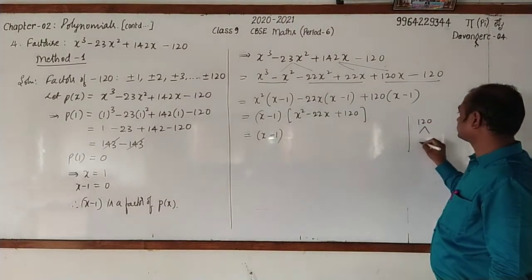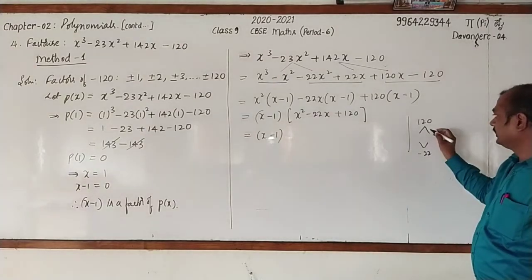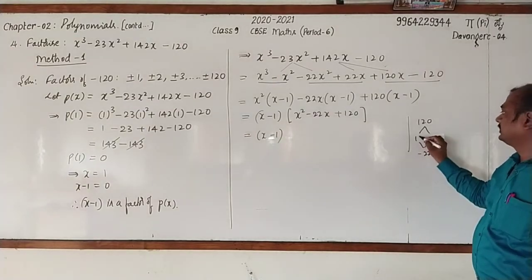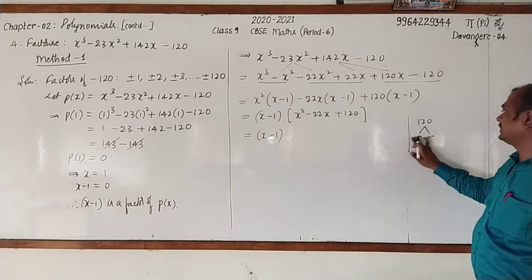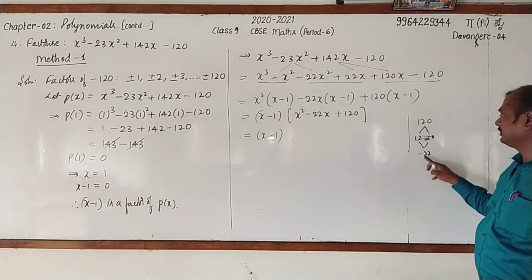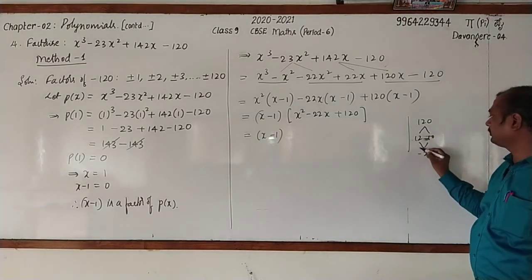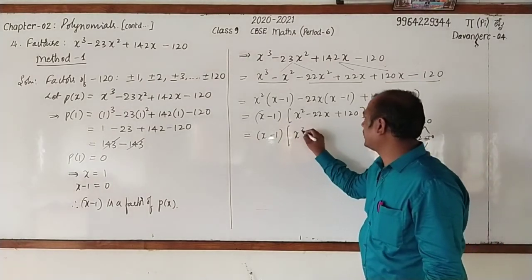120, middle term is minus 22. This can be written as 10 12s are, or 12 10s are 120. 12 10s are 120. 12 plus 10, 22. But we want minus, so minus minus. Here I'll write x square